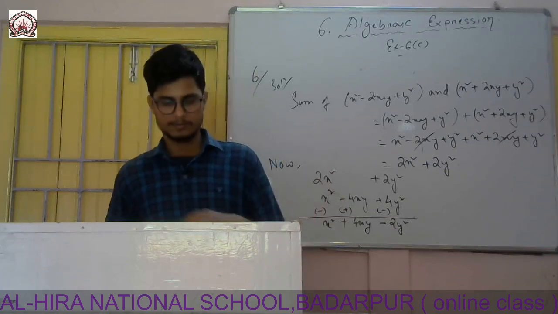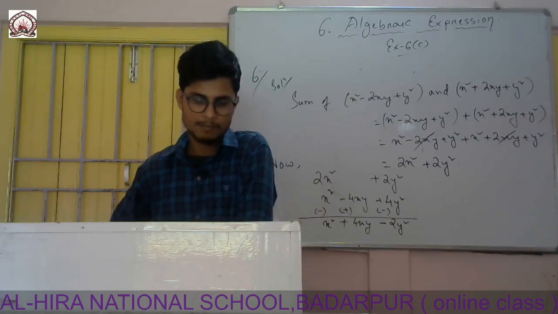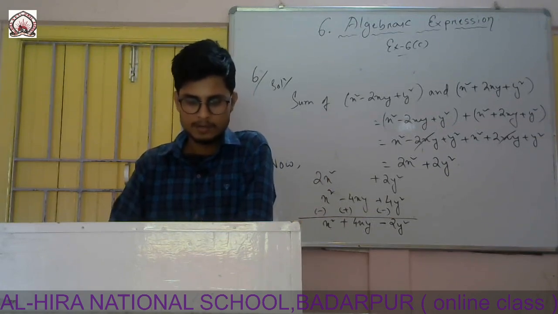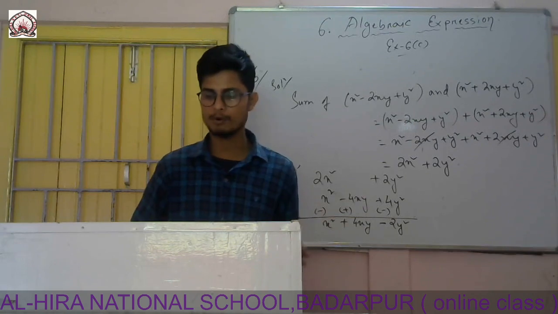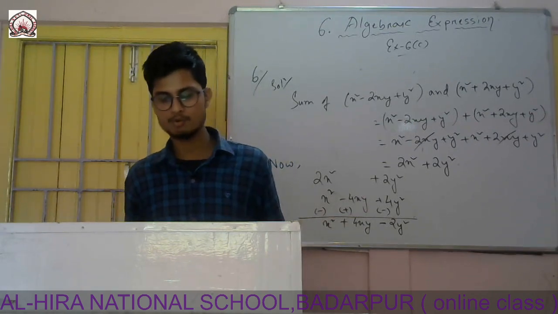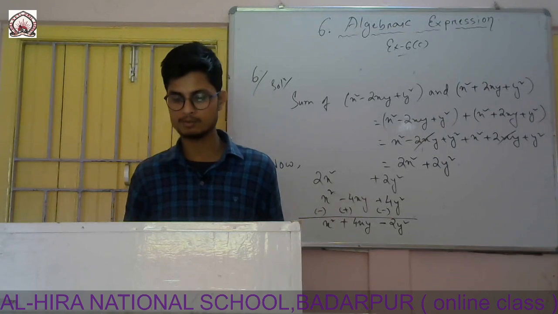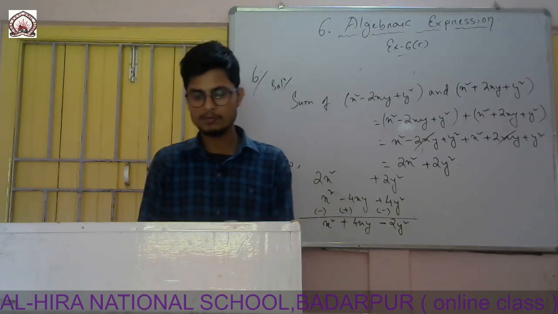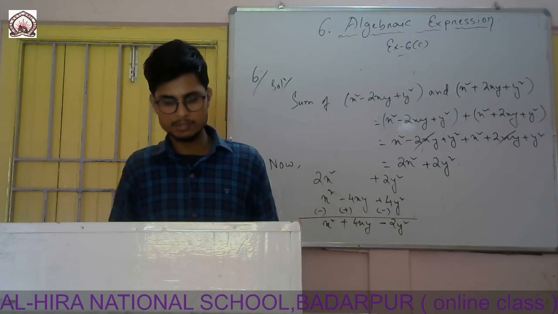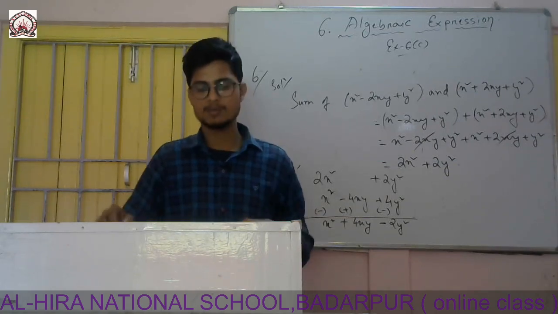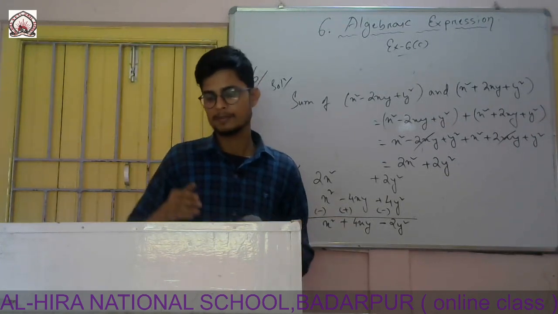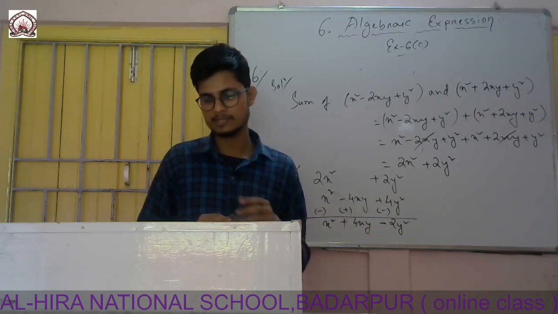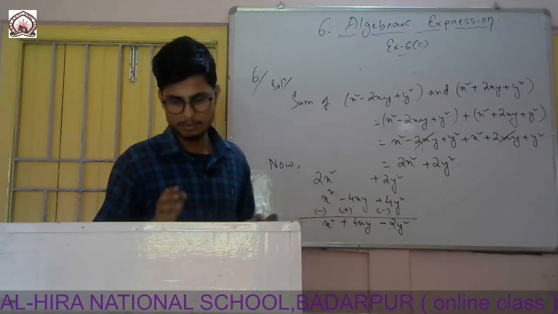So now question number 7. Subtract the sum of two expressions given, 9b square minus 3c square and 2b square plus bc minus 2c square, from the sum of 2b square minus 2bc minus c square and c square plus 2bc minus b square. So first of all, there are 4 expressions given. First I will do the sum of the first two expressions, then the sum of the second two expressions, and then I will subtract the sum of the second two expressions from the sum of the first. So this one I will explain, you have to do.